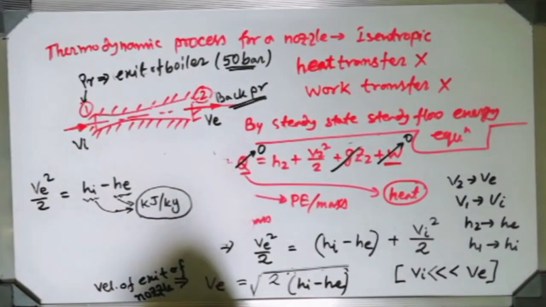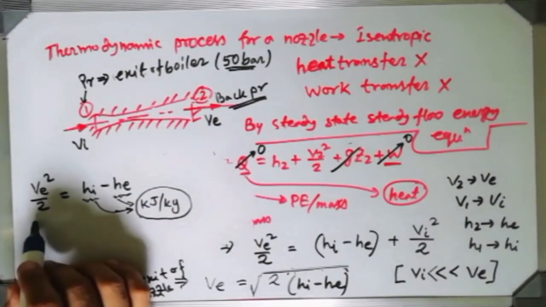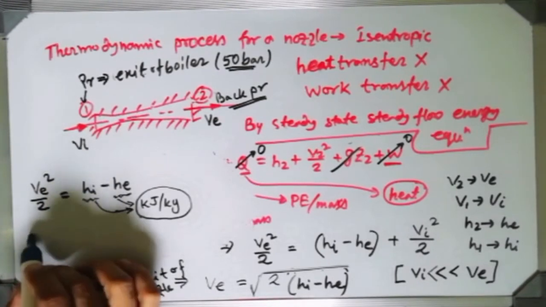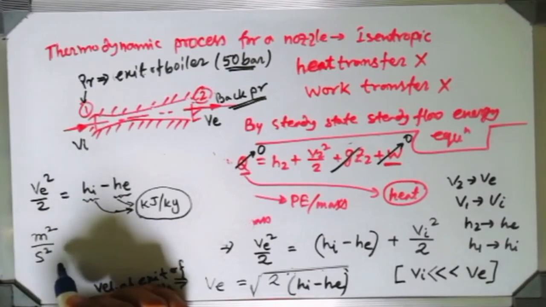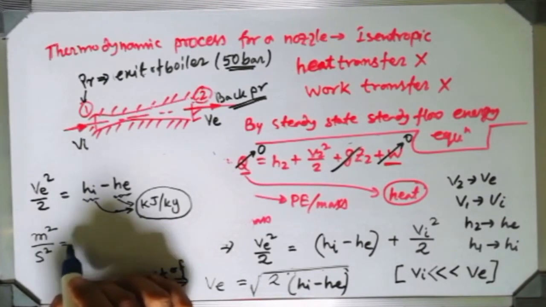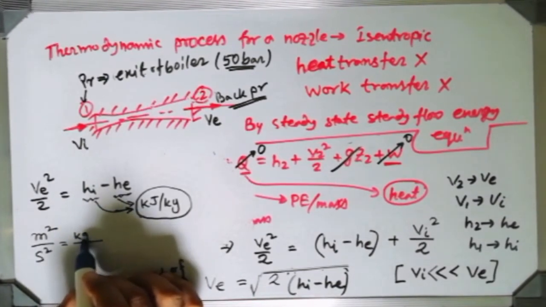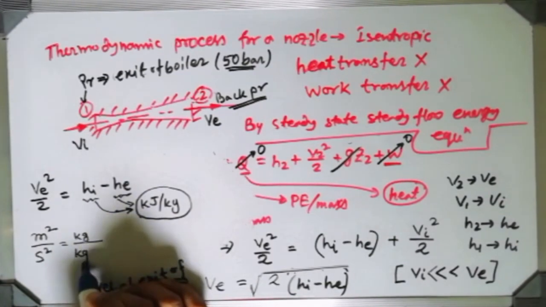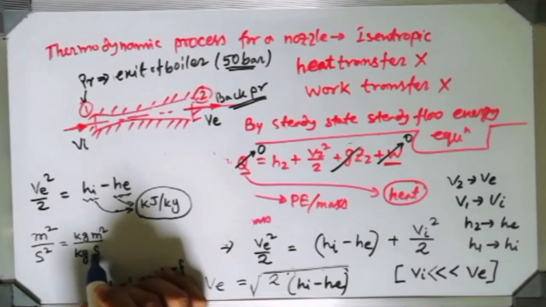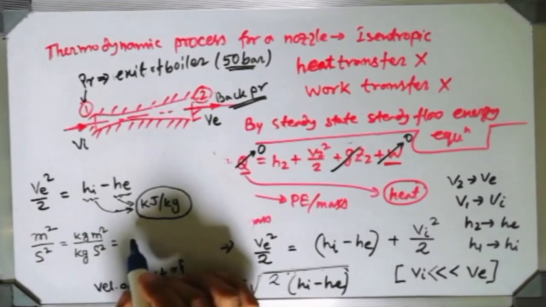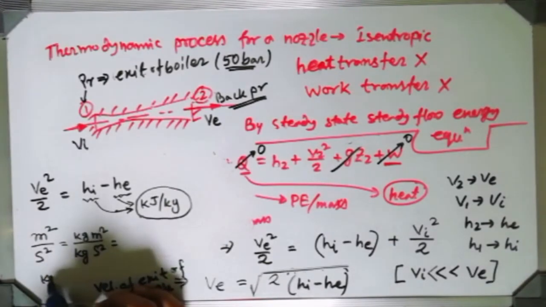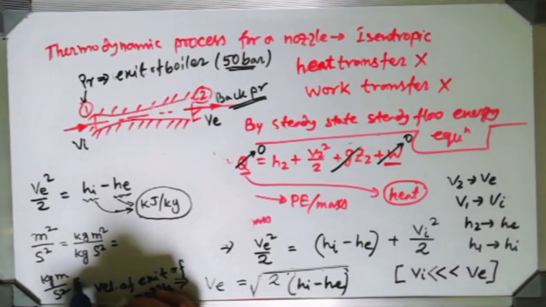Right, on the left side, velocity square, which unit is it giving you? Meter square per second square, because velocity gives you meter per second, and this is the square of that, isn't it? Now how can you convert that equation? If you multiply kg in the numerator and denominator, then what will be there? See, kg meter per second square, do you know what this gives you? What does this give you? Kg meter per second square, do you know?